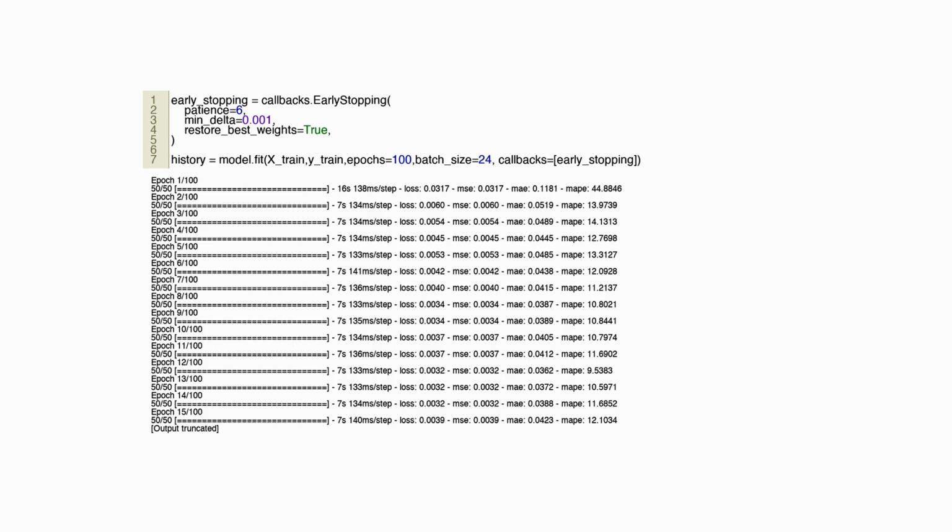After creating the callback object, the model is trained using the fit method and passing in the callback as an argument. The fit method takes in the training data and target values, as well as other parameters like epochs and batch size. The callbacks parameter is used to pass in the created early stopping object so that it can be used during the training process. This ensures that the training stops early if the model doesn't show any significant improvement, which helps in preventing overfitting